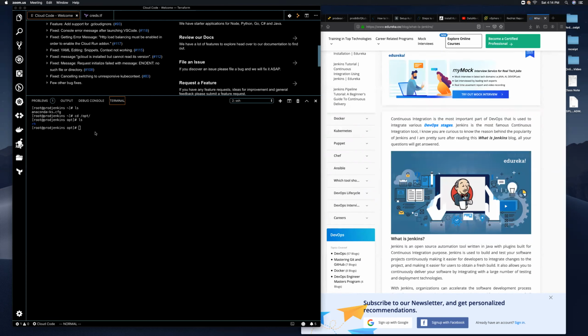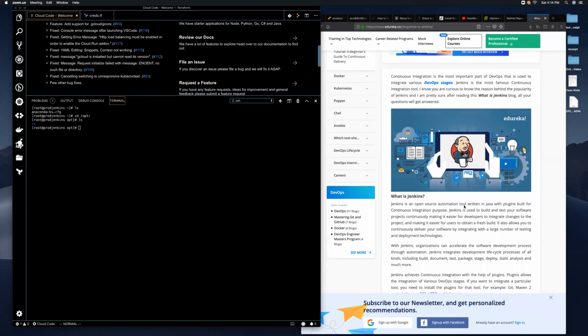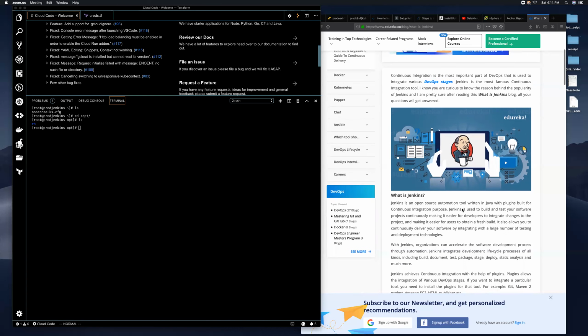Okay. Today we hear this buzzword DevOps. DevOps seems to be one of the biggest things that has happened to IT as of today. And Jenkins is actually at the center of that DevOps because Jenkins is like the most popular CI tool right now. So Jenkins is an open source automation tool written in Java with plugins. What that means is Jenkins actually relies so much on plugin usage to perform most of the continuous integration